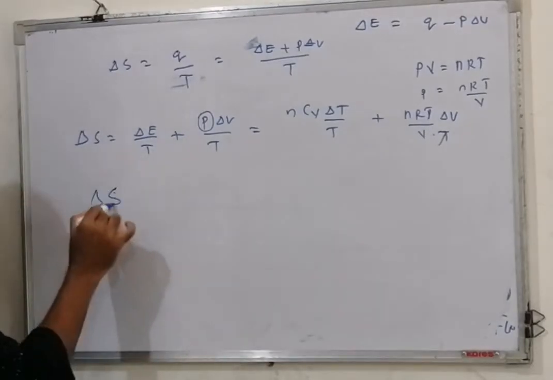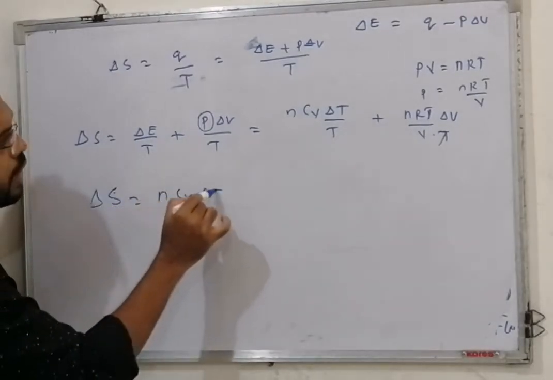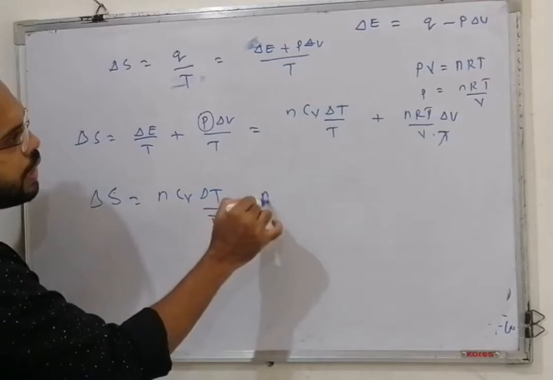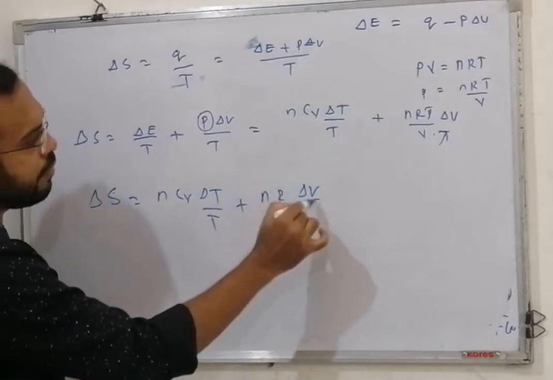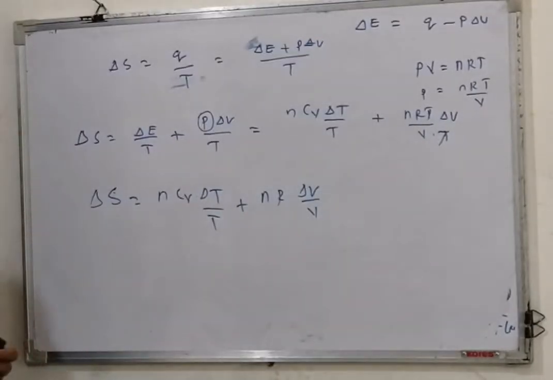Therefore, delta S is equal to nCv delta T by T plus nR delta V by V. On integration,